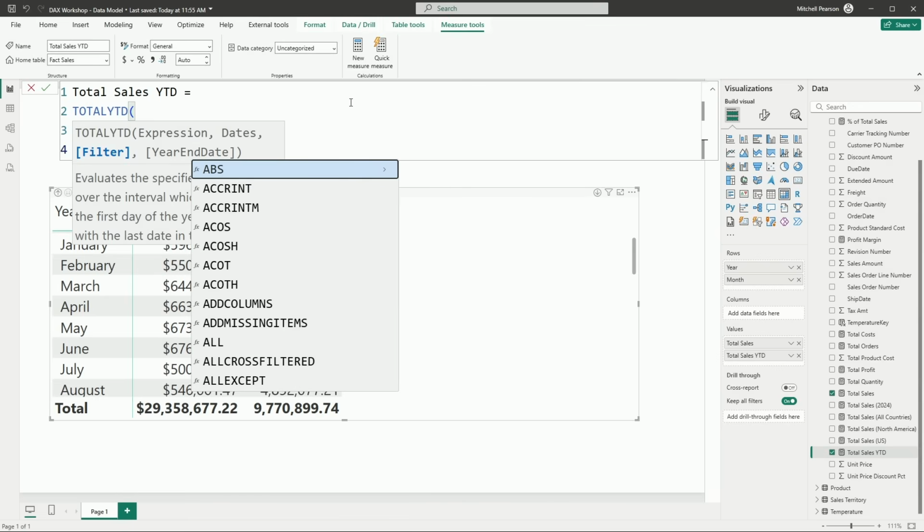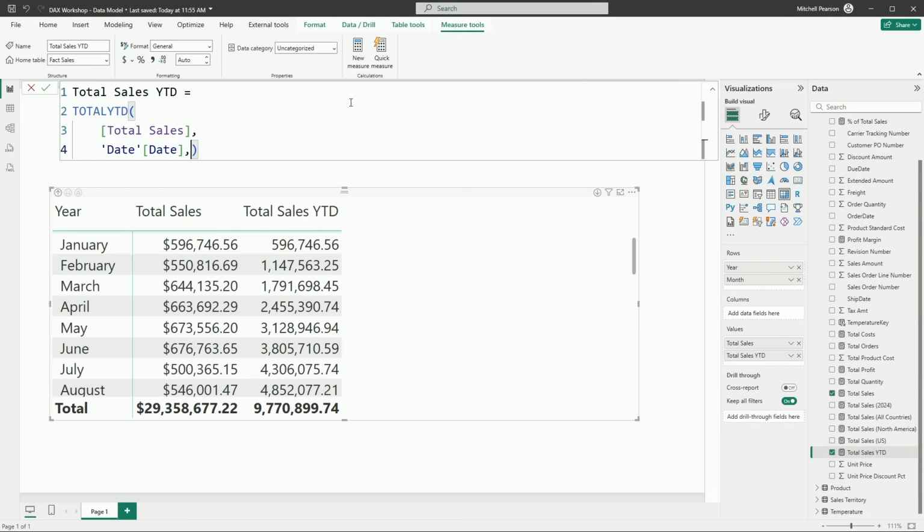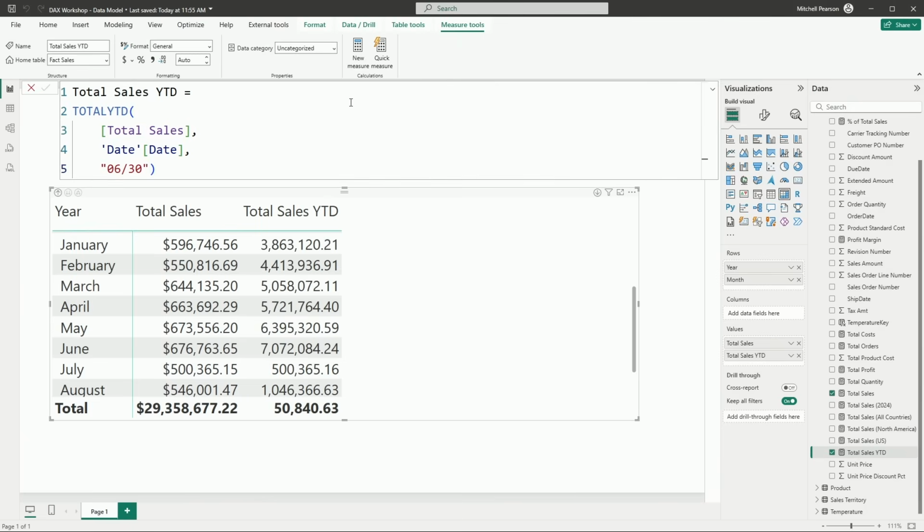And what we're going to do is I'm going to type on the next line here, I'm going to put in our year-end date. So you say, Mitchell, our fiscal year ends on June 30th. I'll say, okay. Well, I'm going to hit enter on this. And all I'm doing by passing in that fiscal end date is I'm replacing the default, which is December 31st. I'm replacing it with June 30th. So now, instead of waiting until December 31st to start over, it's going to get to June 30th and then